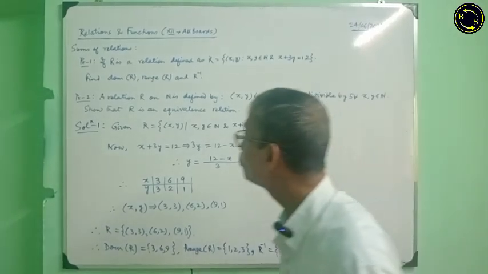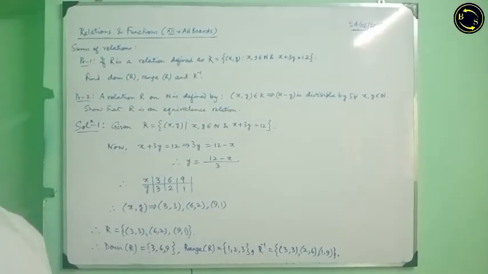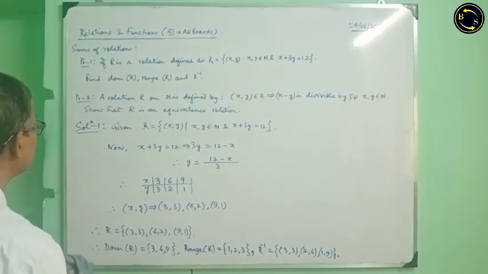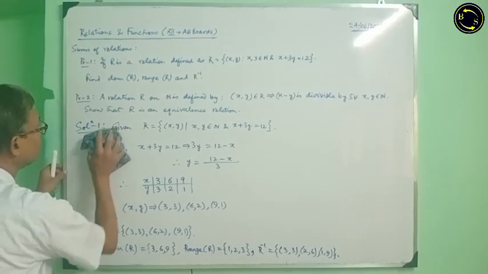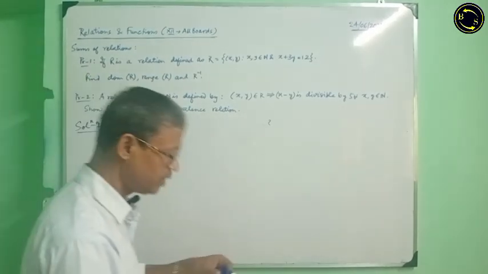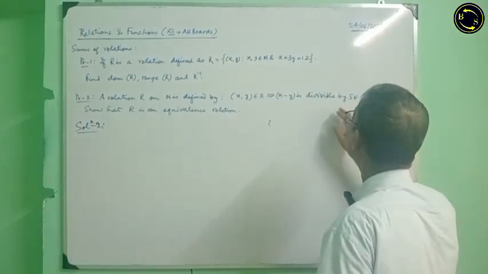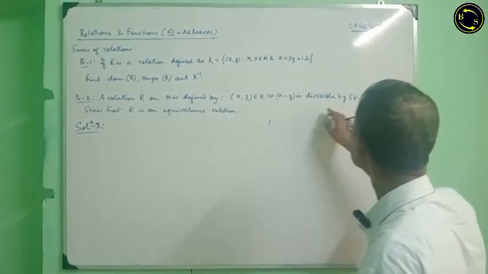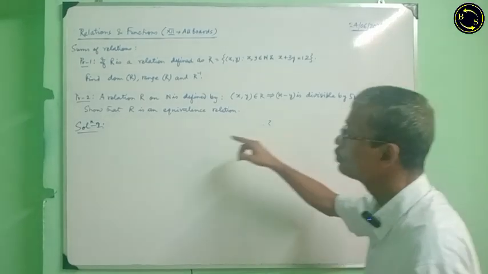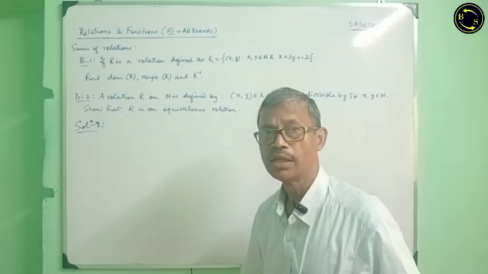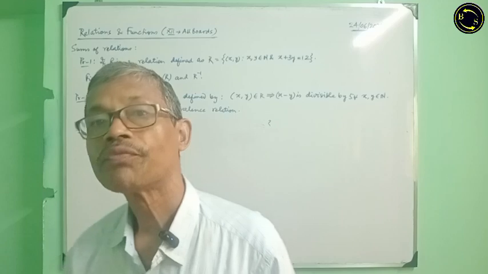Next we move to problem number 2. First I rub this one. A relation R on N is defined by this one: x minus y is divisible by 5. We have to show R is an equivalence relation. Let us first remind